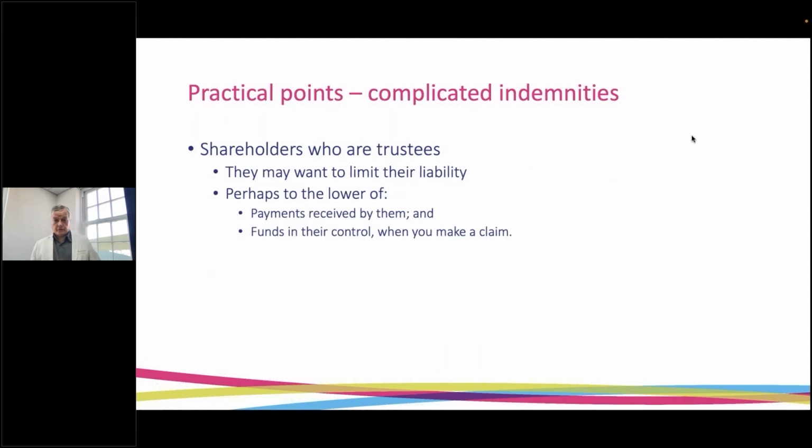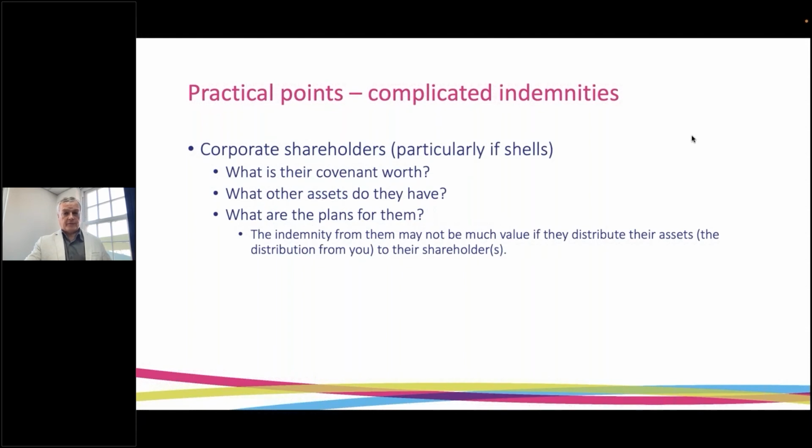If you have shareholders who are trustees, they will not be beneficial owners of the shares, and they are likely to want to limit their personal liability, which is quite reasonable. They don't actually own the assets personally, so they wouldn't want to take personal risk for doing that. And you'd need to look quite carefully at the extent to which they want to limit their liability, what they are offering you instead, and whether it's going to be acceptable. In a case like that, you may decide that actually you are not going to take an indemnity after all, which you may decide with a foreign shareholder as well.